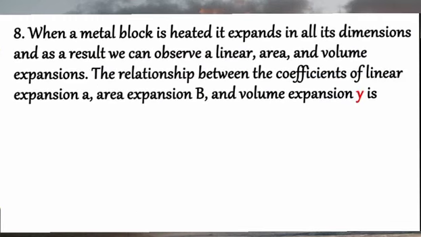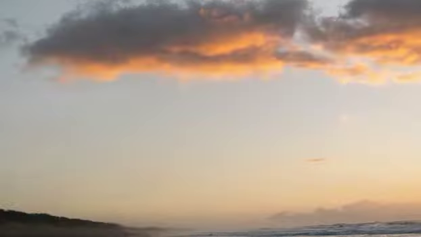Question number 8. When a metal block is heated to expand in all its dimensions and as a result we can observe a linear, areal and volume expansion. The relationship between the coefficient of linear expansion, areal expansion and volume expansion is... So it is about thermal expansion: linear, areal and volume expansion. Let's go to the answer. Linear expansion: change in L is directly proportional to